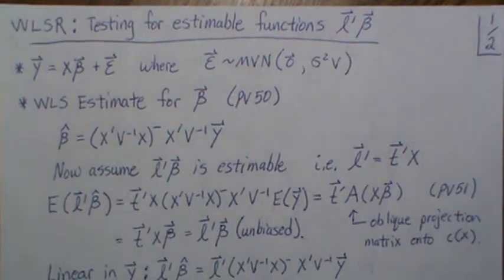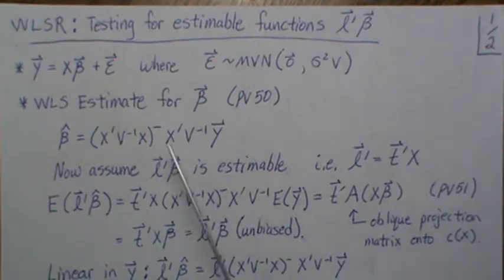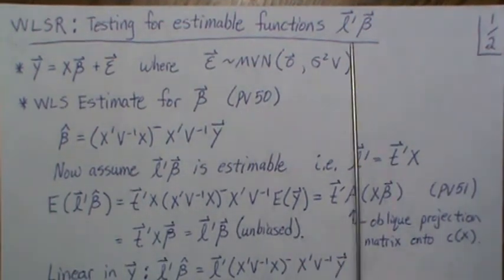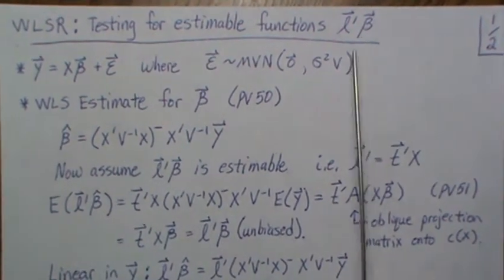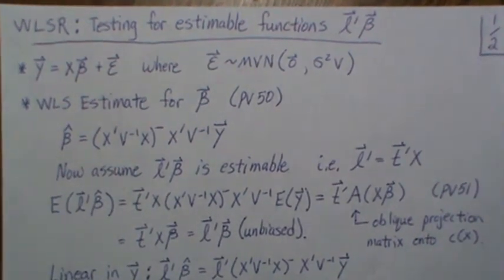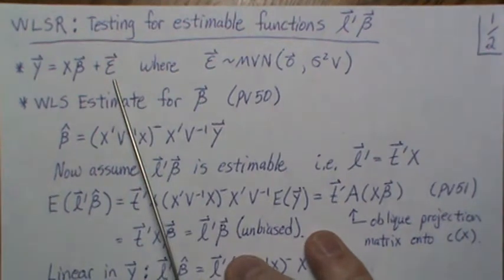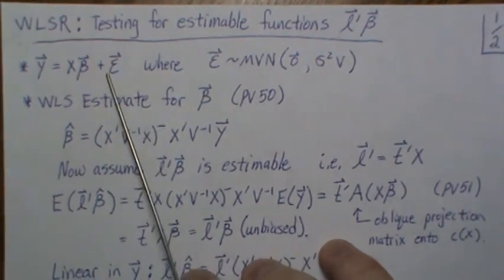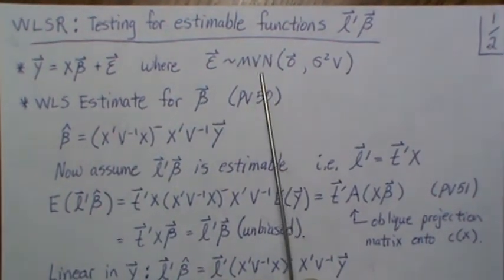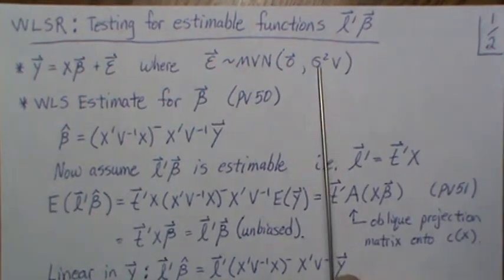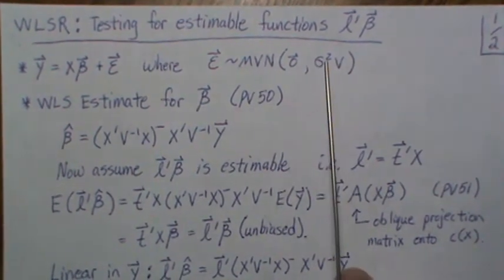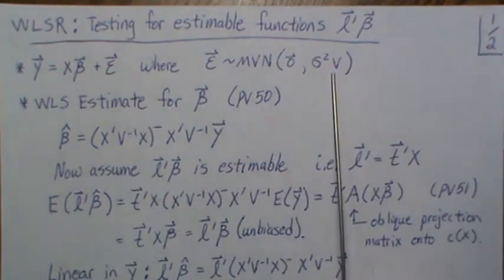Hello, in this video we're in the weighted least squares regression setting, and we're going to develop a test for testing estimable functions of this form, linear combinations of the beta. Now, as a reminder, the model is y is equal to X beta plus error, where the error term, or epsilon, is a multivariate normal with mean zero and variance covariance matrix sigma squared V, where V is a known